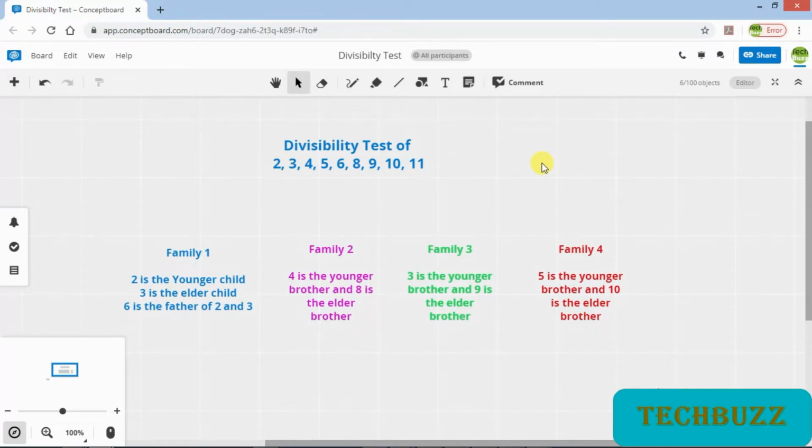In family number 2, 4 is the younger brother and 8 is the elder brother. In family number 3, 3 is the younger brother and 9 is the elder brother. In the same way, in family number 4, 5 is the younger brother and 10 is the elder brother. So students, with this story you will learn the divisibility tests very easily.